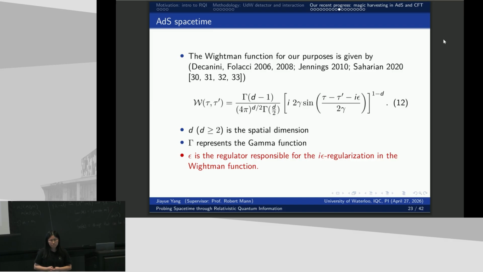Now that you are in anti-de Sitter instead of flat space, you have a boundary. So what are the boundary conditions that you impose on your fields to get that? Yeah, for this Wightman function, we consider the transparent boundary condition, but you can also consider Dirichlet or Neumann. You just need to add some other terms. So this is the transparent one, and you can add more terms to alter your boundary conditions. Yeah, thank you for your question. And in AdS/CFT, the choice of boundary conditions is very important to know what's happening in the CFT. Is that something important in your work or not? Yeah, I will talk about it later. Okay. Yeah, thank you for the question.